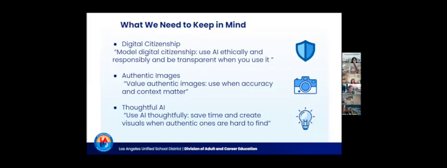Think of creating vocabulary posters, flyers, quick diagrams, infographics, places where exact accuracy isn't that critical, but a clear, engaging visual helps, right? The key is thoughtful use. We're not replacing authenticity, but we're supplementing our teaching with visuals to make those lessons more engaging and save preparation